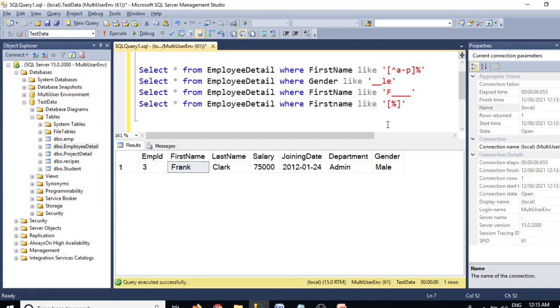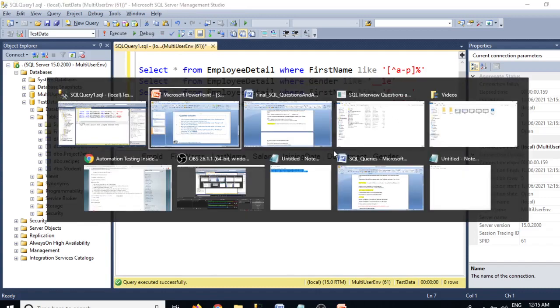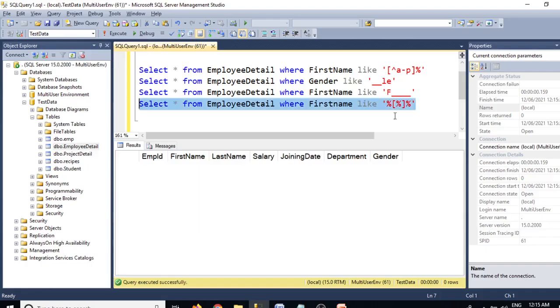So we'll put percent before and percent after. We don't have this percent in our first names, so this should give 0 results, but this is the answer to this question. Hope you understand this, because the bracket denotes a single character.